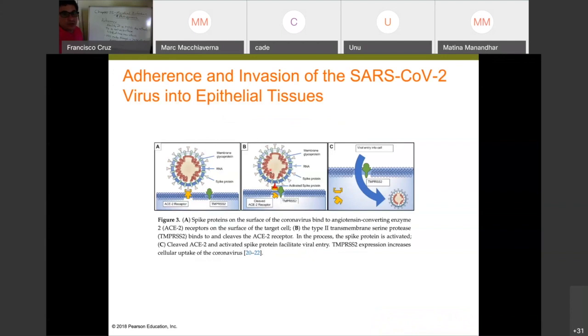Here we have SARS-CoV-2. This is a very similar situation. Here we have the adhesins. The adhesins in this case are the spike proteins on the SARS virus, and the cell receptor is an ACE2 receptor. We talked about this, and in this case, what happens is the spike protein binds to the ACE2 receptor,